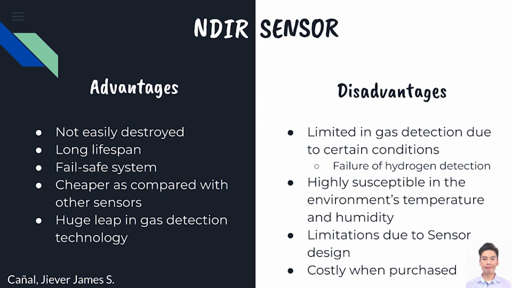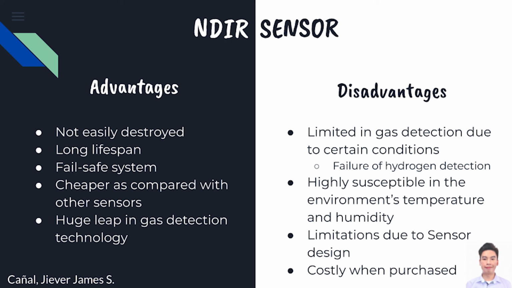Next, it is highly susceptible to the environment's temperature and humidity. It makes the output freeze during temperature transitions. They function poorly in extreme environments or where there is a rapid change in conditions. The design of NDIR sensors also allows humidity, fog, and ambient infrared light into the open chamber, all of which can cause interference. This interference can impact their reliability, providing another opportunity for these sensors to fail and potentially expose